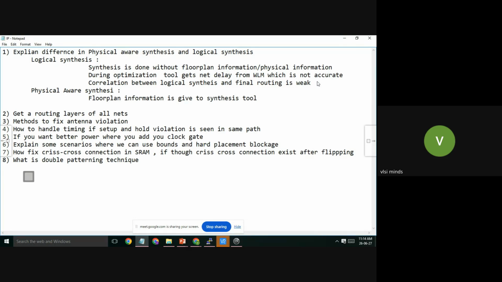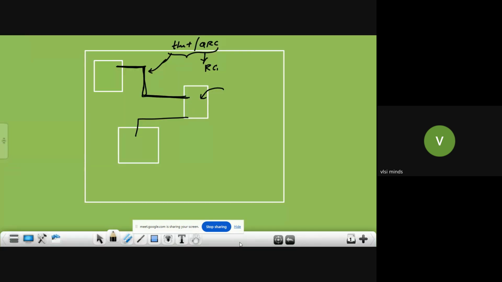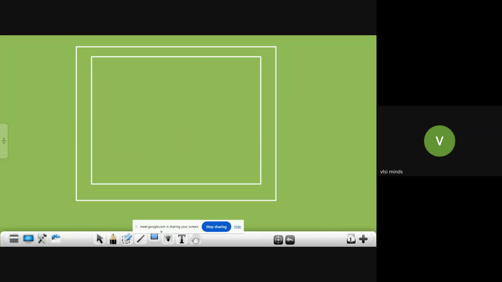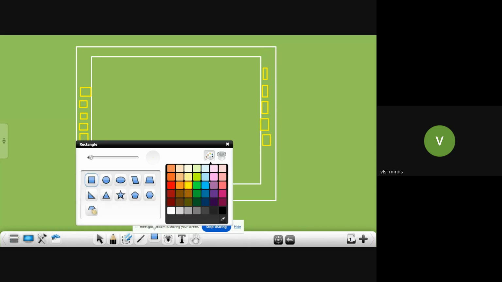So what happens during physical aware synthesis? During optimization, you already have floor plan information. What do you mean by floor plan information? It means the core area, die area, where your ports are placed, the ports placement information, and your macro placement.